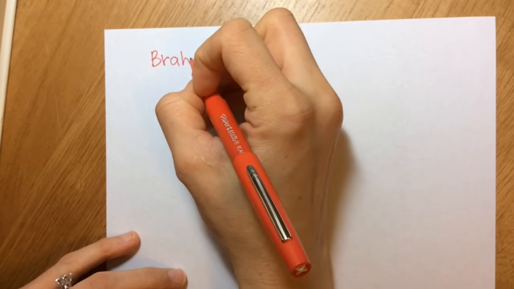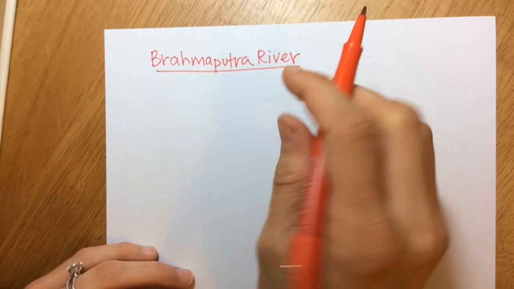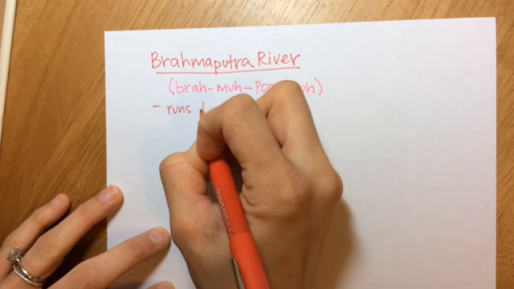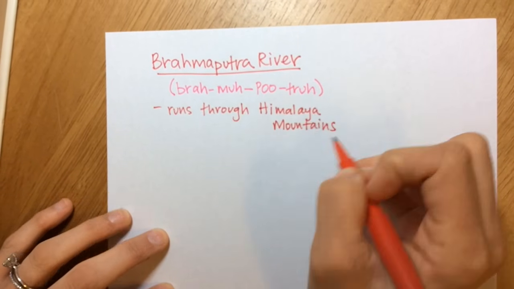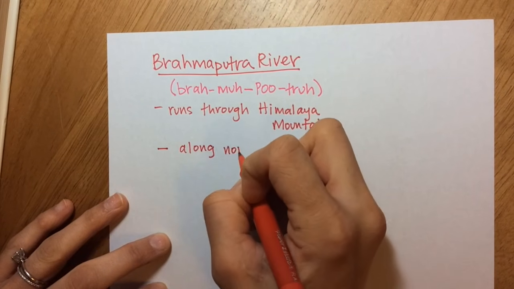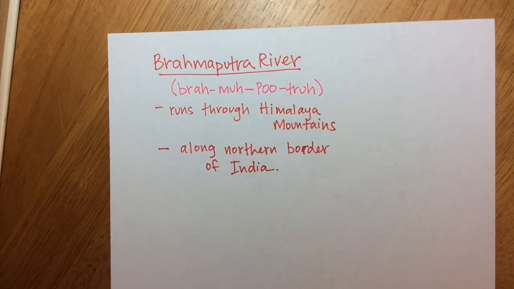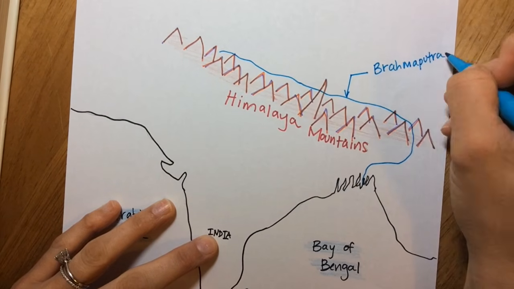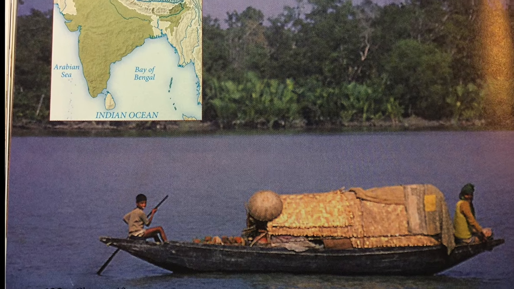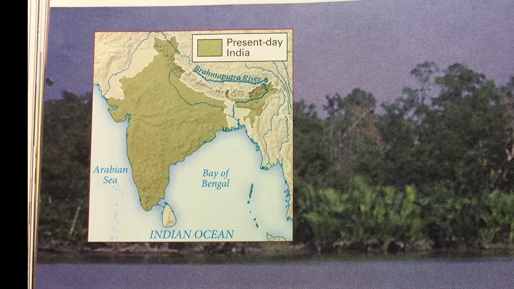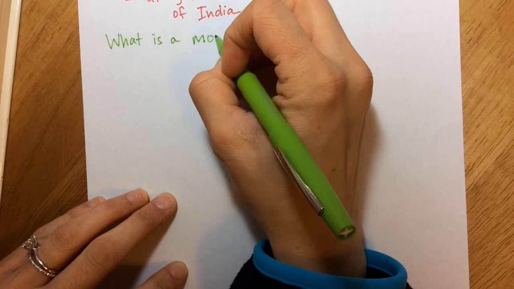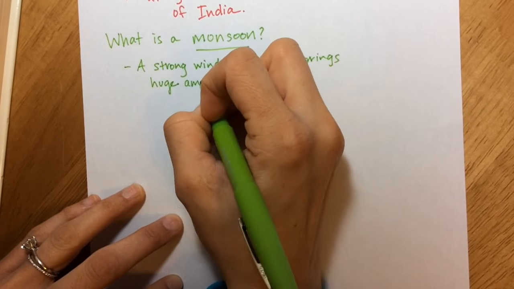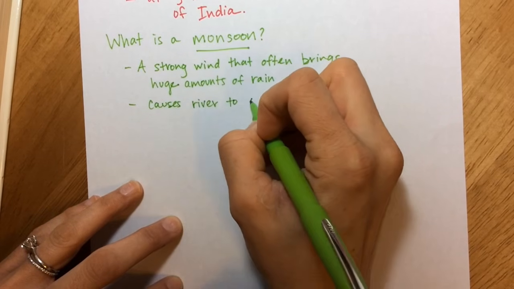This river runs through the steep Himalayas, the mountains along the northern border of India. The water is clean and cold as it winds through snow-capped mountains, narrow canyons, and over sharp rocks. The river slows and deepens as it flows into the valley, where it floods every summer because of heavy monsoon rains. What's a monsoon? Well, a monsoon is a strong wind that often brings huge amounts of rain that cause the river to overflow its